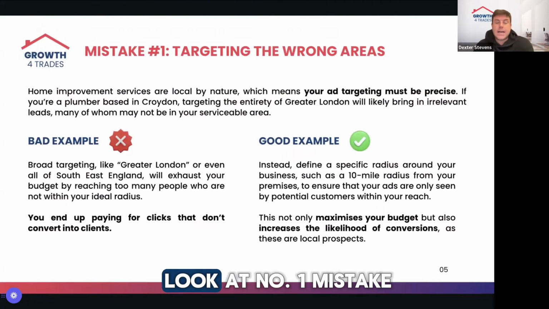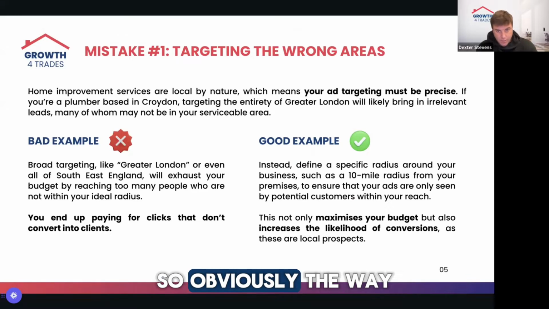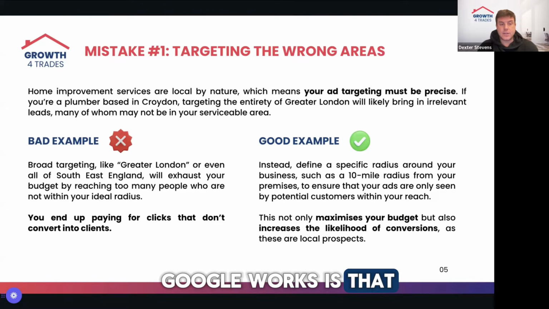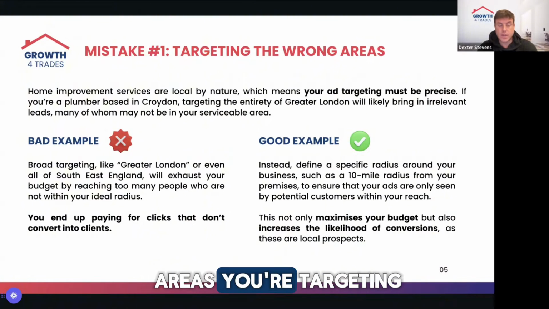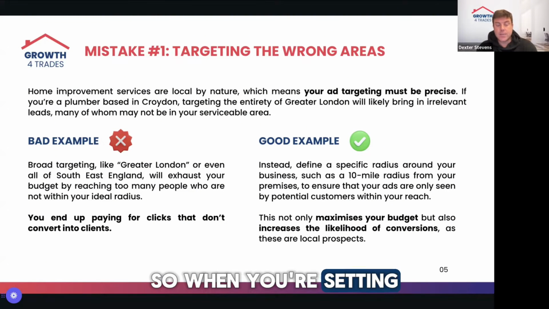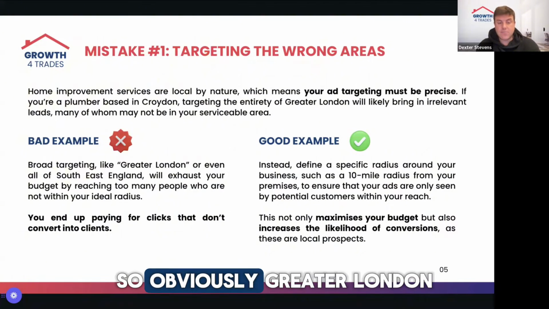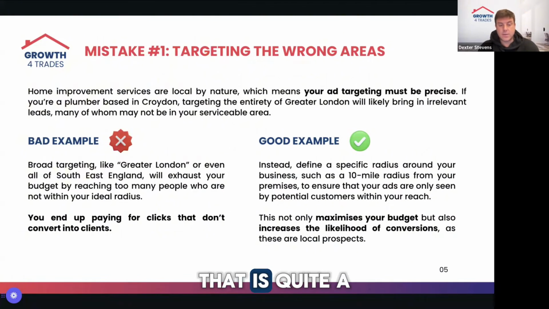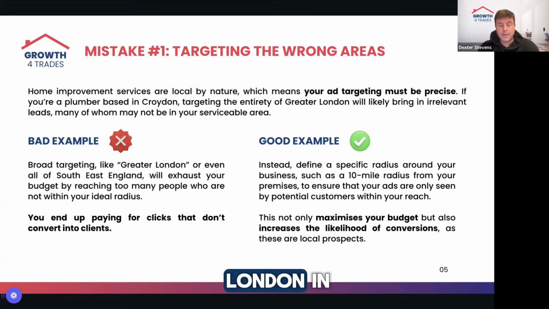So if we first look at the number 1 mistake, and that's targeting the wrong areas. The way Google works is that you can be quite specific with the areas you're targeting. When you're setting up the ad campaign, a lot of the businesses that we work for are local. Using this as an example, Greater London is quite a big area to be targeting. So sometimes people will put London in or even Greater London, but of course if you're